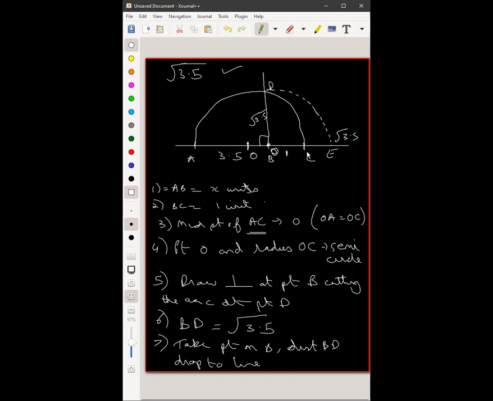Right? We can do this for any roots. We can do it for root 2, root 3, whatever we want. It will be the same. If they mention geometrically, do it this way. If they don't mention geometrically, do it in the square root spiral. Copy this down, all these steps.